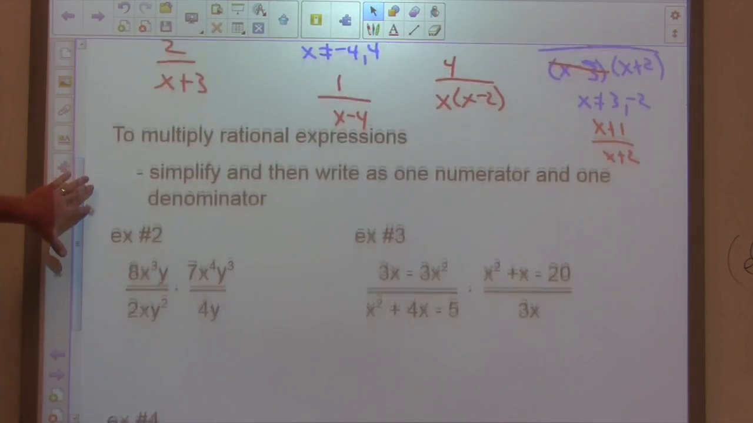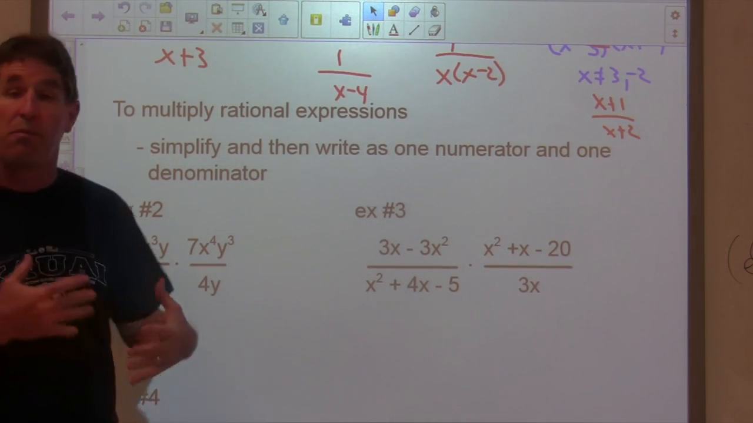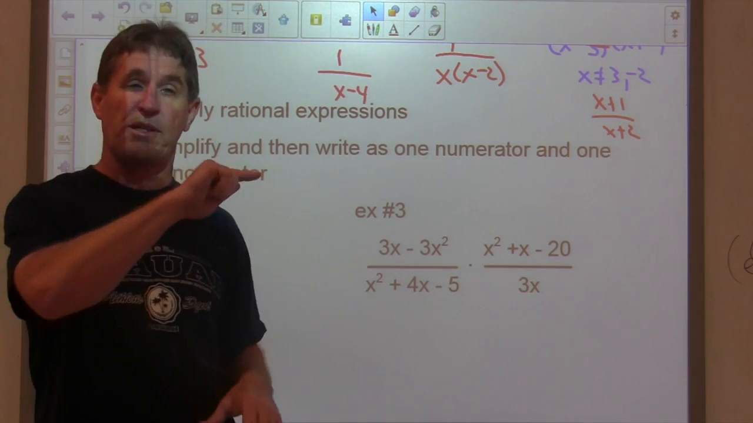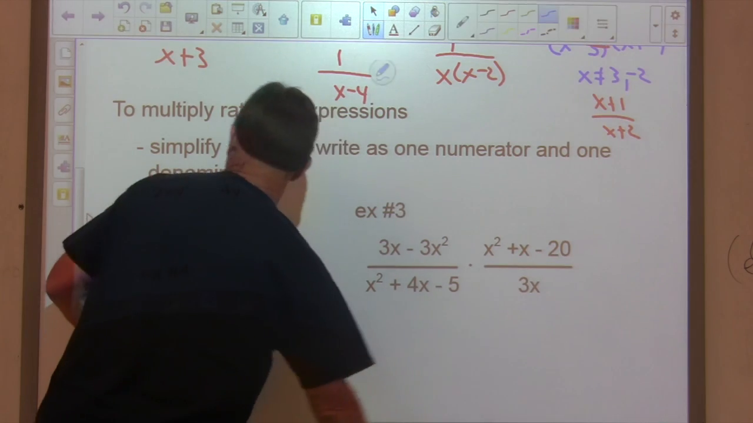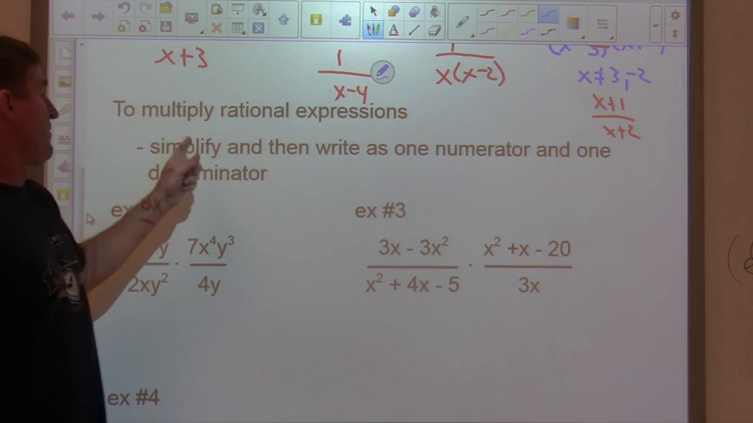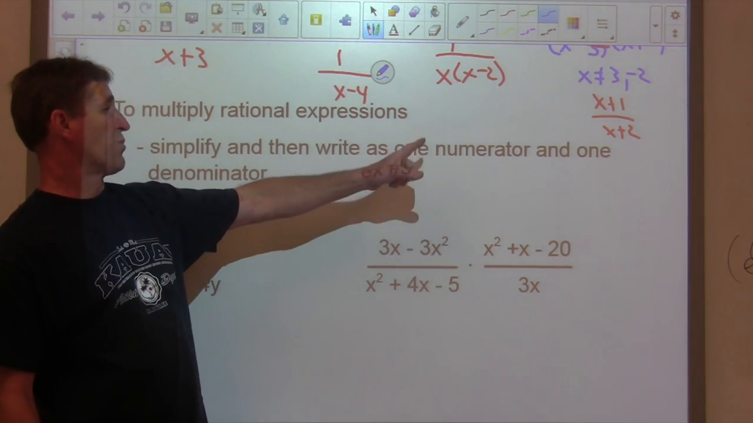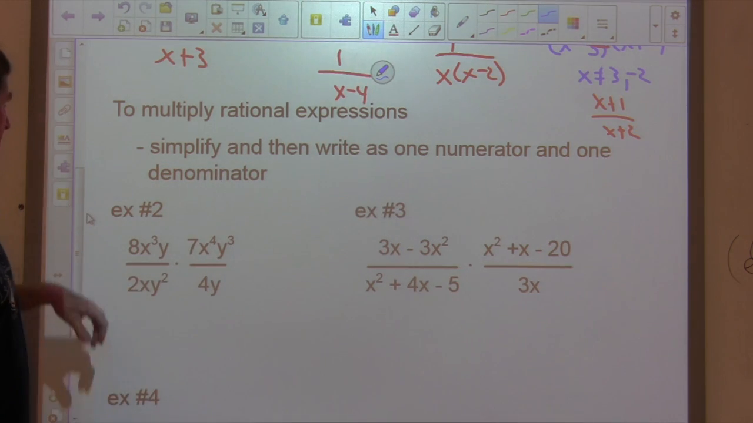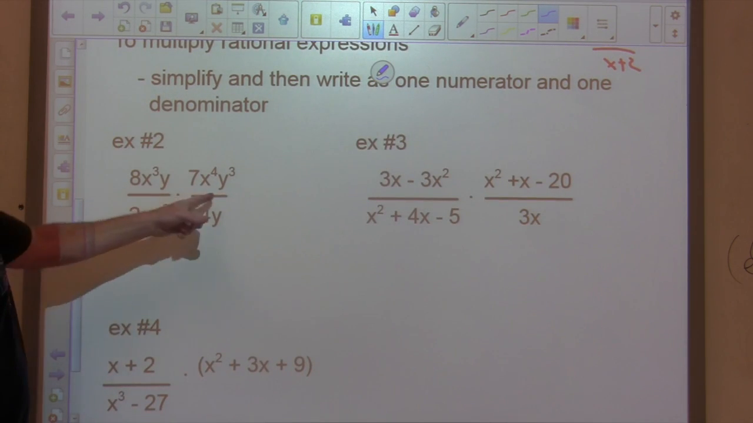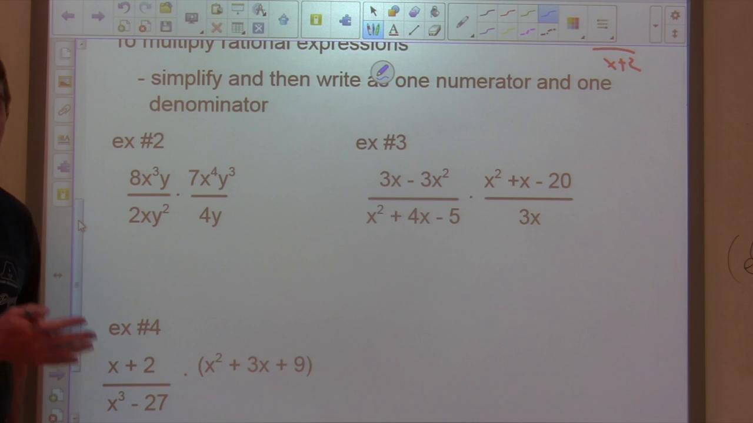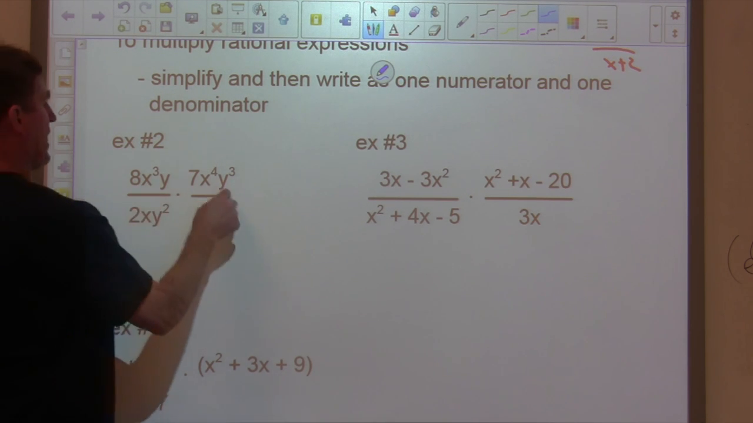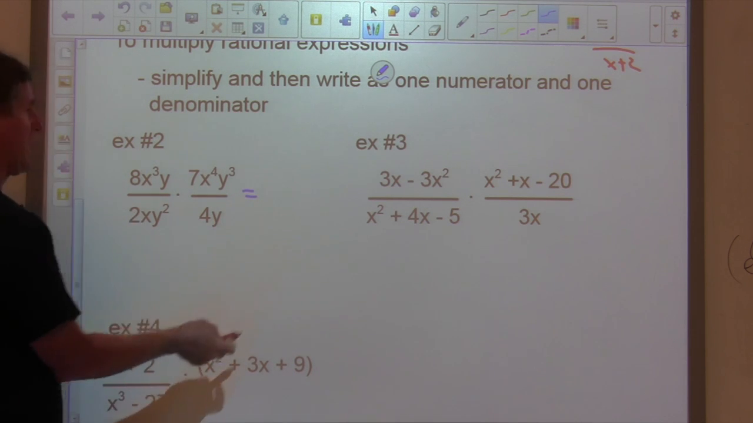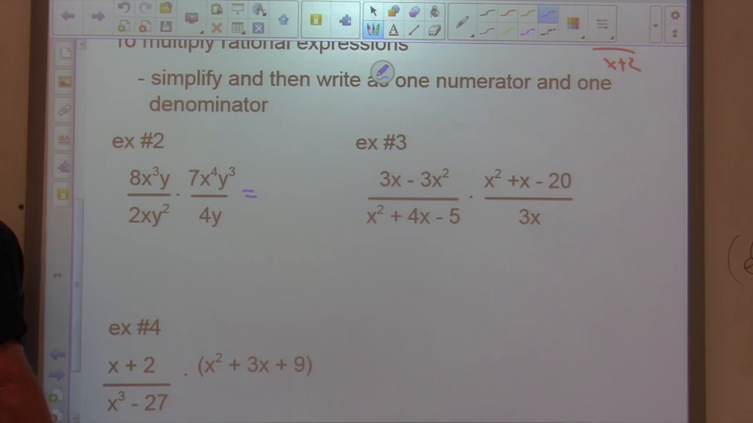Now, we're going to multiply rational expressions. So if you remember when you multiply fractions, you multiply straight across the top and straight across the bottom. So, advice, simplify and then write as one numerator and one denominator. So in this case, we've got these two fractions multiplied together. Now there's a couple ways you can do it. The book would go ahead and multiply this all together. So I'll show you how the book would do it, and then I'll show you how I would do it,